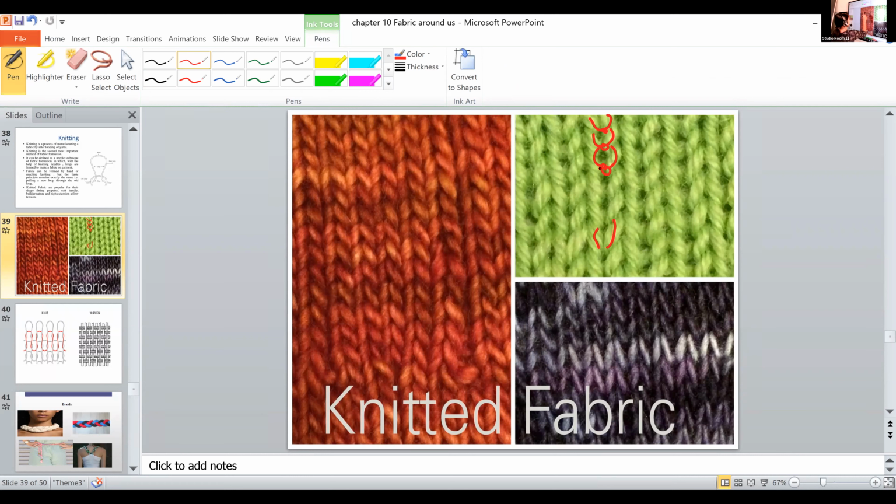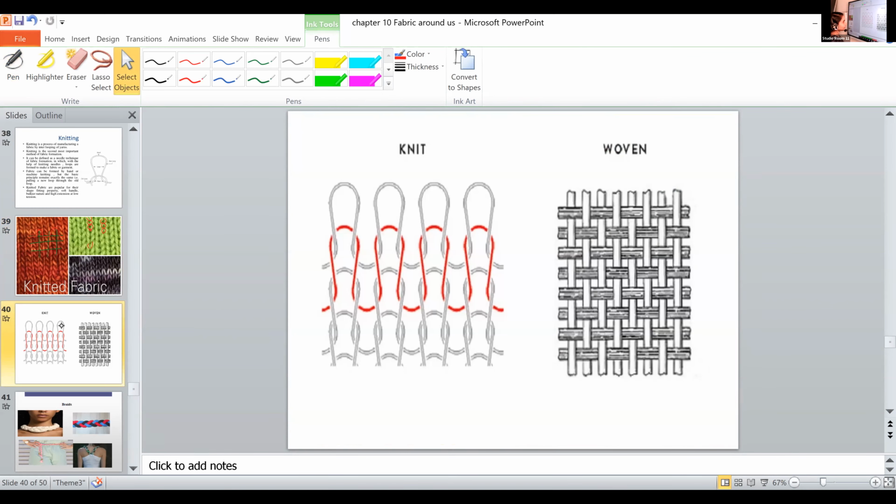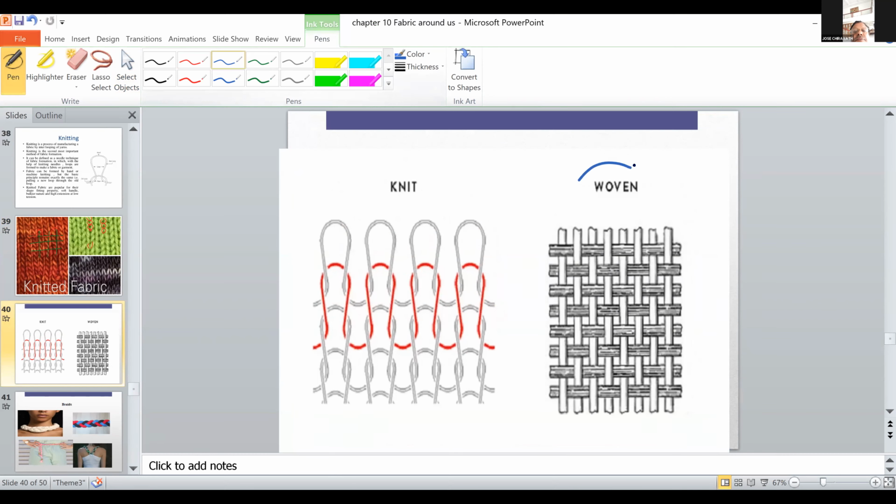In weaving, it is just like this, right? These are the weft yarns and these are the warp yarns. In weaving, the weft yarn goes under and comes over, then again goes under, then comes over. That is weaving. In knitting, the loops are there. Each loop is connected to form a fabric. Is it clear? No doubt, right? This is the difference between woven fabrics and knitted fabrics.